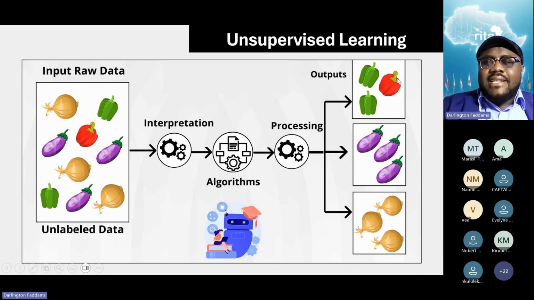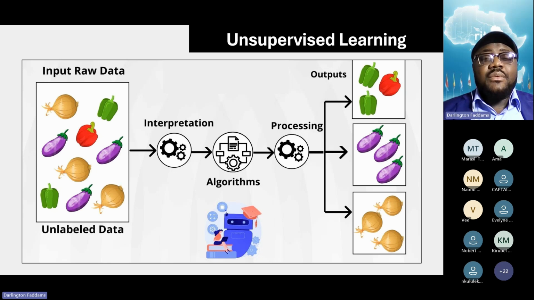Look at the pictures at the right side here, the output. Tell me if it made a mistake. Did it make a mistake? Yes or no? Did it make a mistake? All right. It didn't make a mistake. It was able to do that. This is the real world of machine learning. And this is what we call unsupervised learning. The model is able to perform tasks and get it right without being told. Through observations, patterns, and relationships, it is able to do what is called clustering.